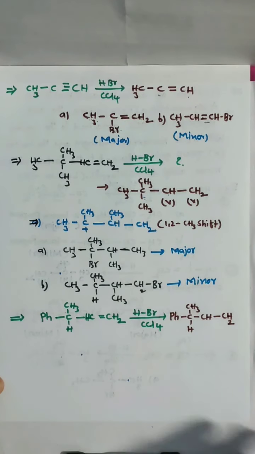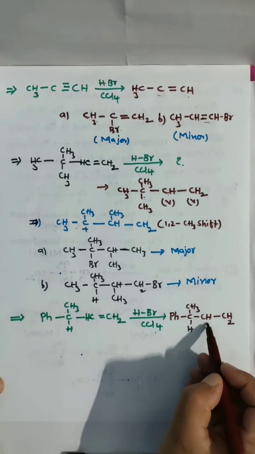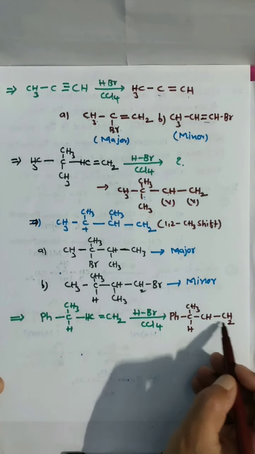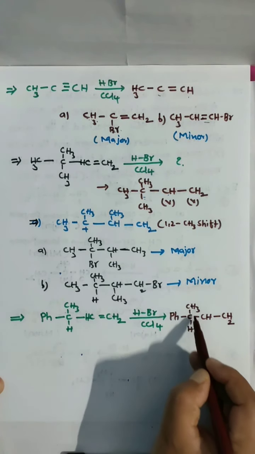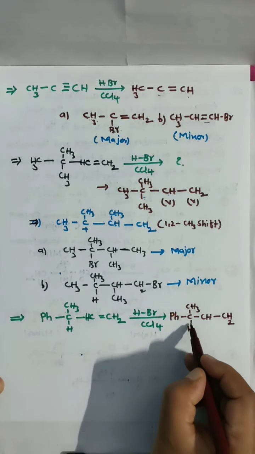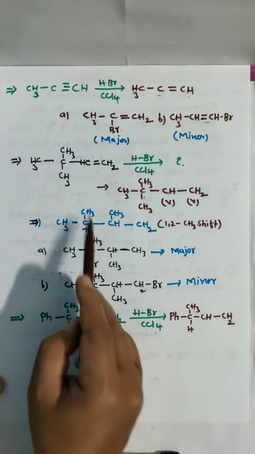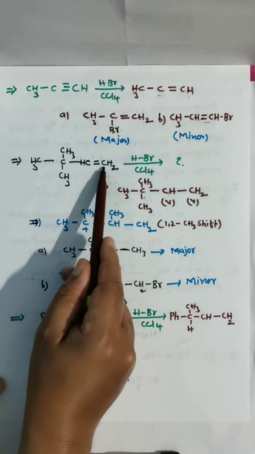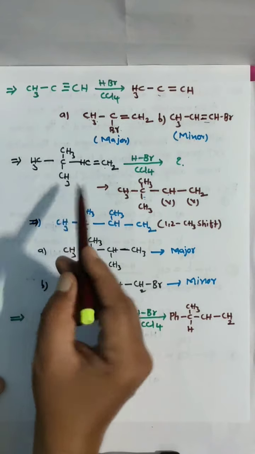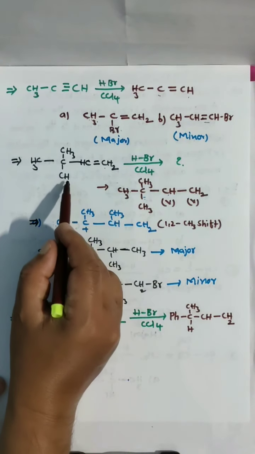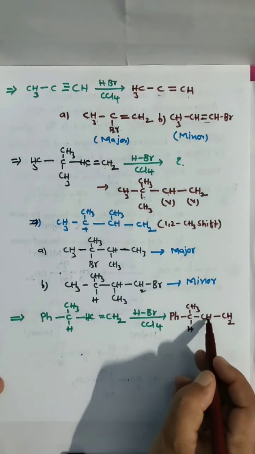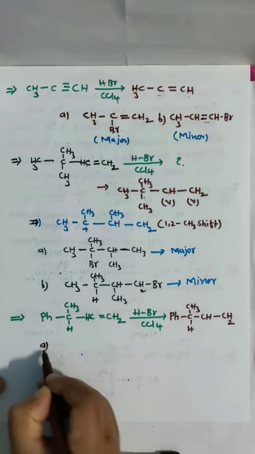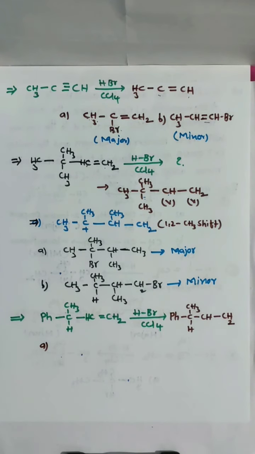Now here one vacancy and here one vacancy. This is 1 degree, this is 2 degree. But we have a chance for another 3 degree here. That's why, similar to before, we did 1 degree, 2 degree, 3 degree. Here a methyl shift takes place. Methyl shift. Now here a hydride shift. Hydride shift. 1,2 hydride shift.